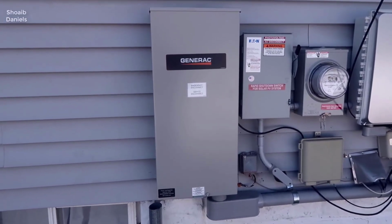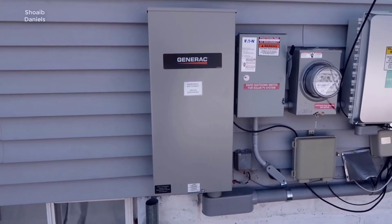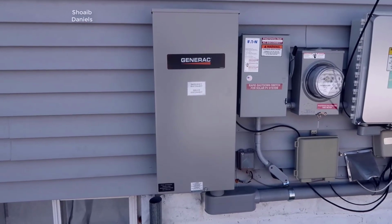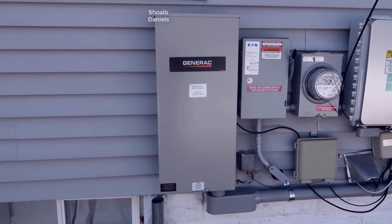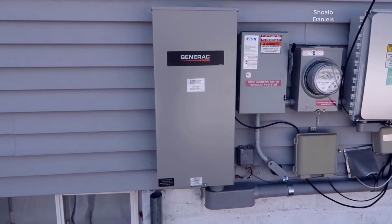John here, and today I wanted to do a video review and really give some explanation around the Generac. This is basically an automatic transfer switch. This also has a manual switch option in it. So what I'm going to do in this video is just walk you through the transfer switch itself, talk a